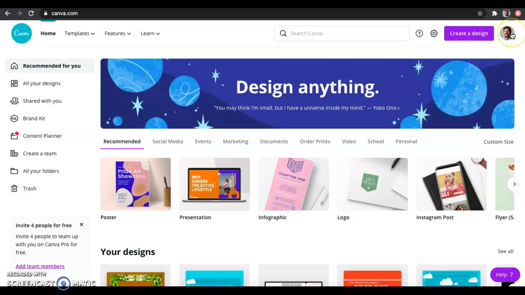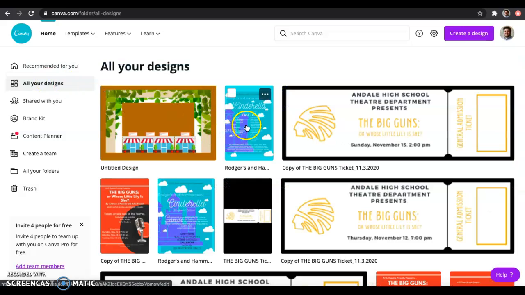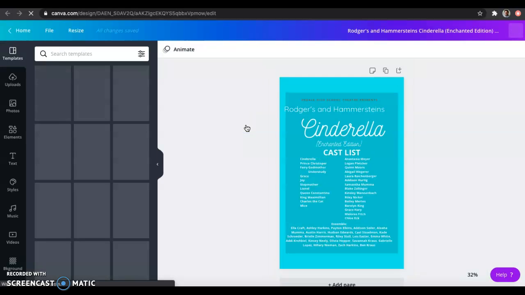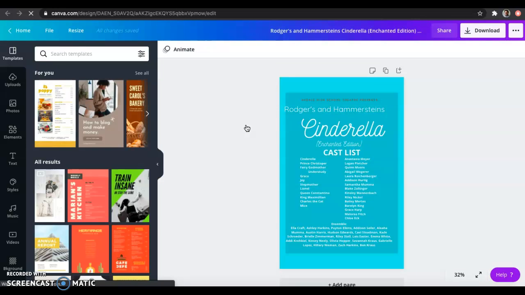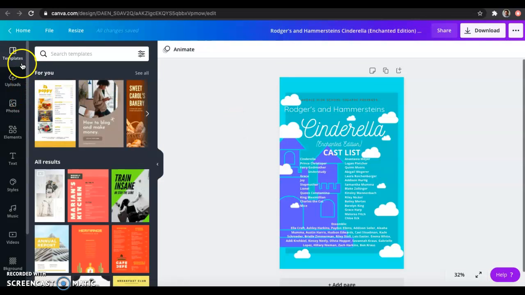It is free. I actually pay for the premium, just because I wanted to have the capabilities to print and make copies and that sort of thing. But we'll go ahead and take a look at one of my designs that I recently did for our cast list for our musical. So basically over here to the left you can see all of the different options you